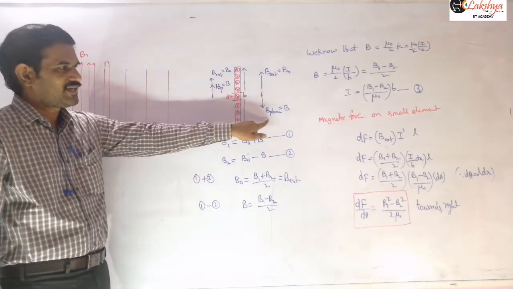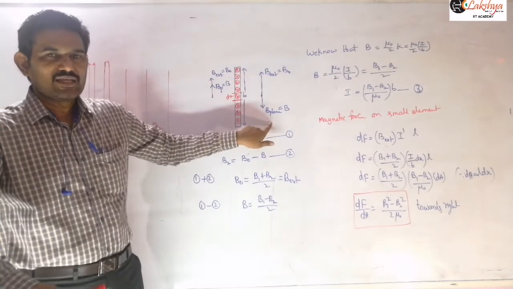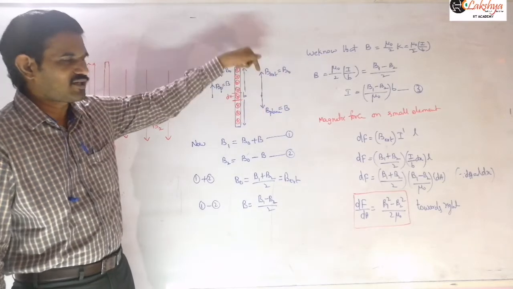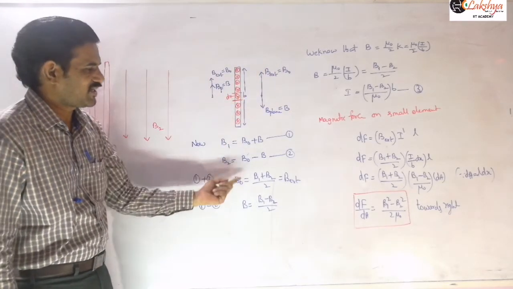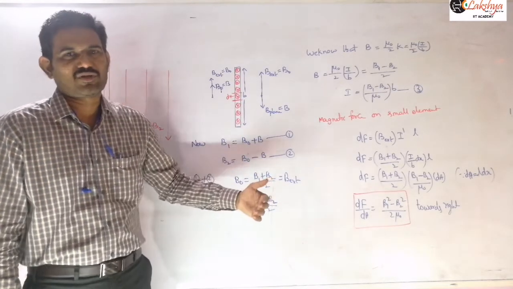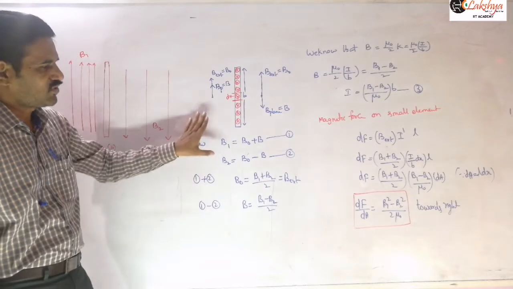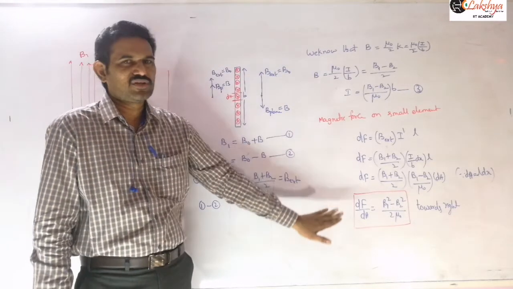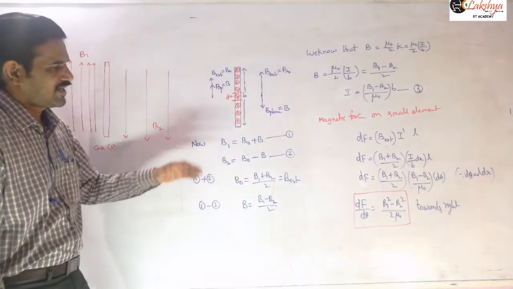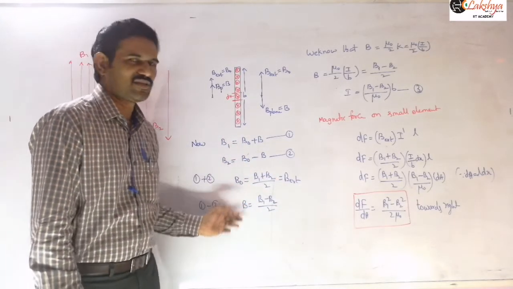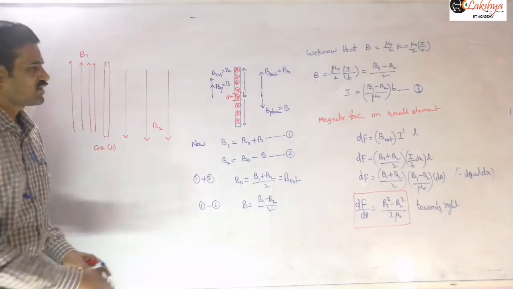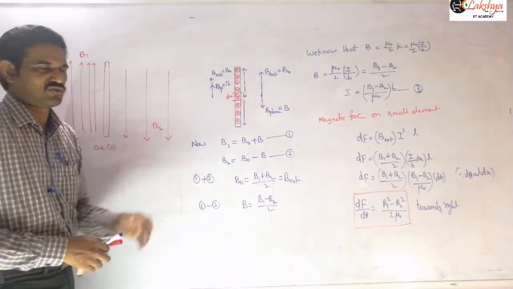Downward direction indicates that the magnetic field due to this plane is larger in magnitude compared to the external magnetic field, so the resulting magnetic field is in the downward direction. So simply, instead of writing B0 minus B, you need to write B minus B0. That is the only change in this equation. The remaining steps you follow the same way. Accordingly there will be changes in the calculations. B external and B values will be reversed. Then you can solve this problem. I am giving that problem for you to solve.